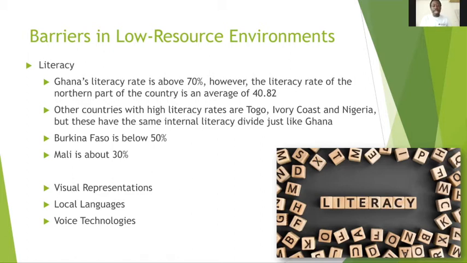So in Ghana, for example, if you shift towards the northern part of the country, the now five, I think, regions in the northern part of the country have an average literacy rate of 40.82, which is very different from the national rate. So we realize that when we talk about this digital divide and literacy divide, there's actually even a divide within third world countries where the national rate might be high, but actually there is still an issue somewhere.